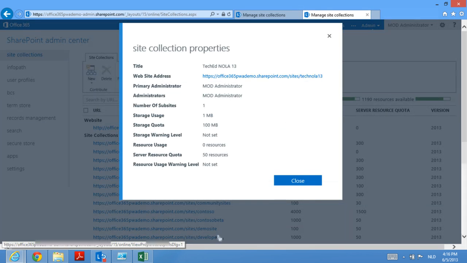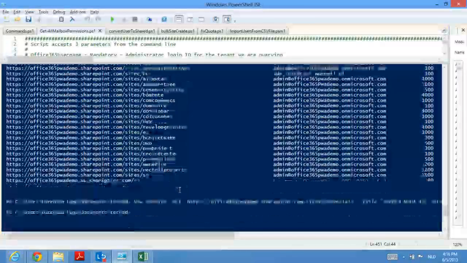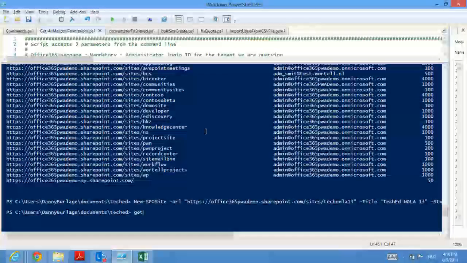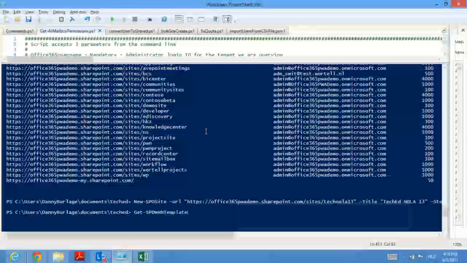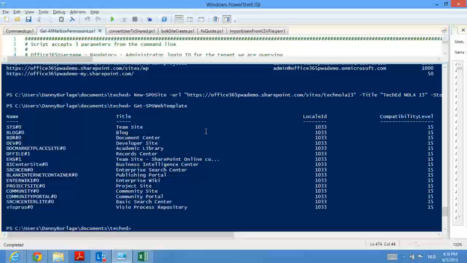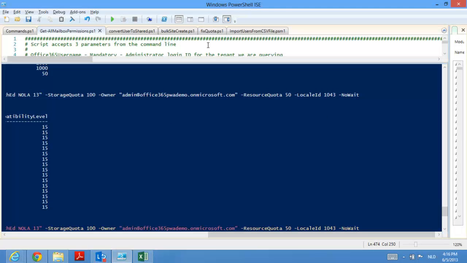In order to know what kind of templates are available, another PowerShell command has been created, which is called Get-SPOWebTemplate. If I run it, I'll get all the templates which are available for me and which I can actually use in my commands. So from here, if I add one of these names of these templates to my new SharePoint Online site,